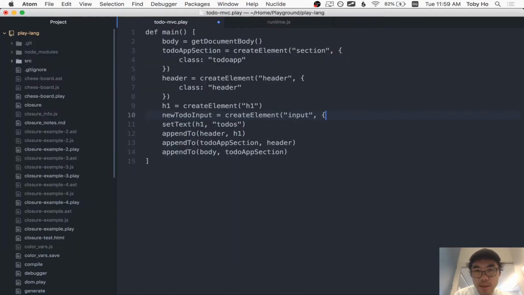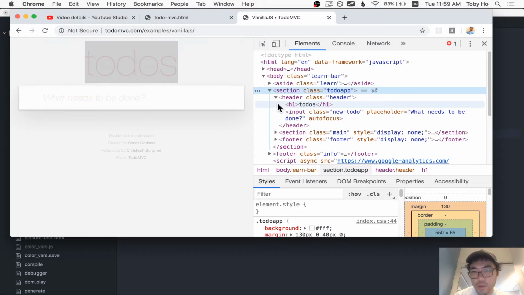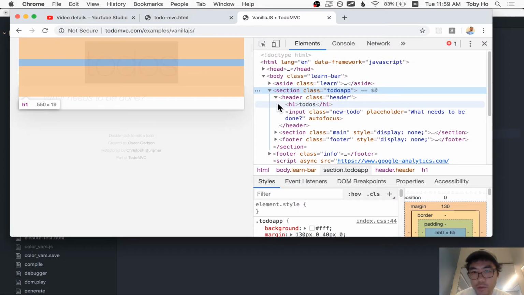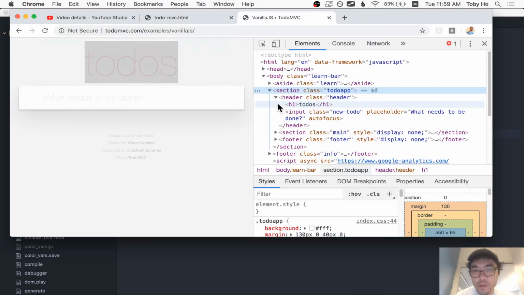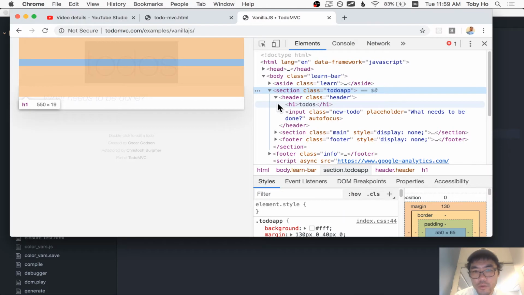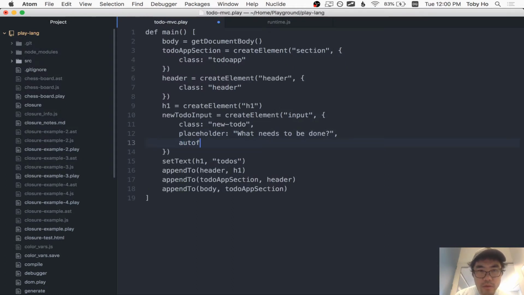It has a class of NewToDo. It has a placeholder, and it says "What needs to be done?" It also has an autofocus. I guess I'll just write autofocus,